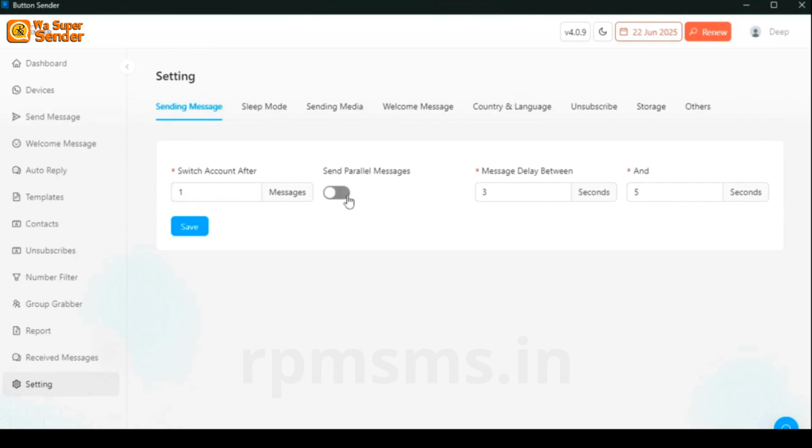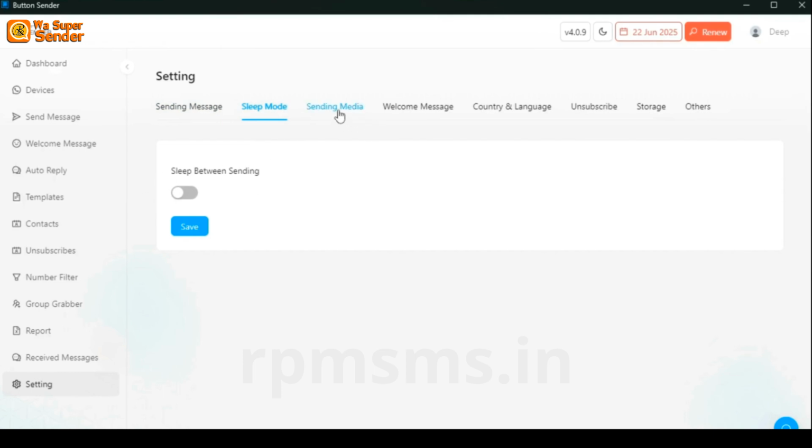In settings you will find sending message setting where you can switch accounts for sending messages if you have configured multiple devices. Also you can set message delay between and. Then you have sleep mode, sending media options, welcome message setting,